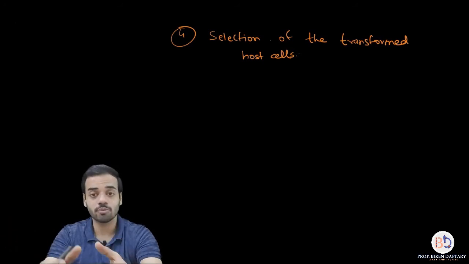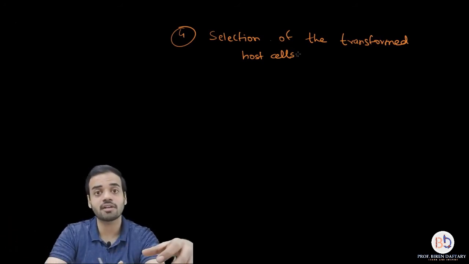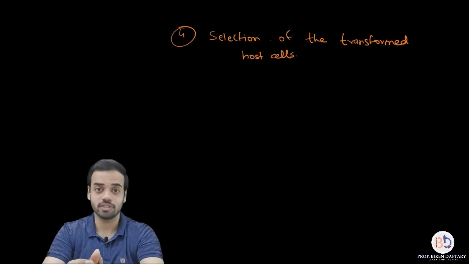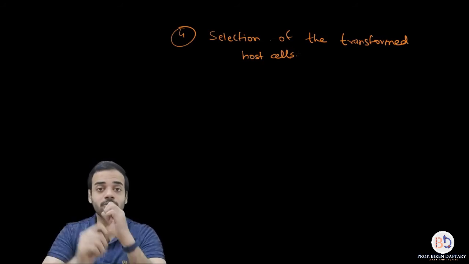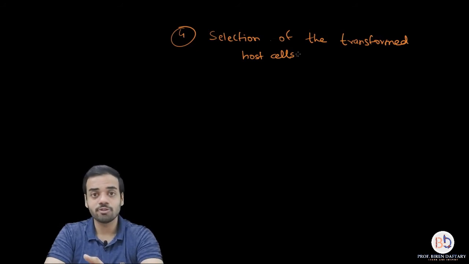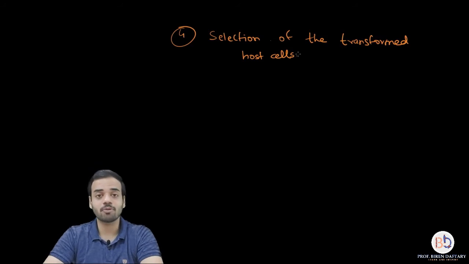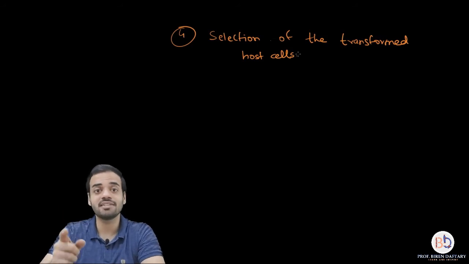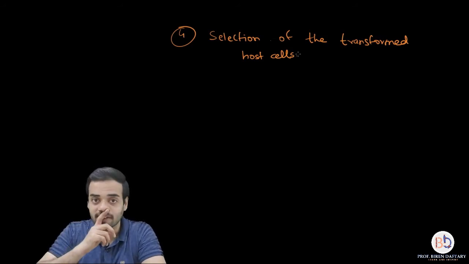Because once you come to know about that, you will have to separate the transformed cells from the non-transformed ones. So how will you come to know? Can you think? I have already told you one of the reasons. So remember the properties of a cloning vector. In that I had told you that the vector should have an antibiotic resistant marker gene, and the marker gene can be used to trace the cloning vector.